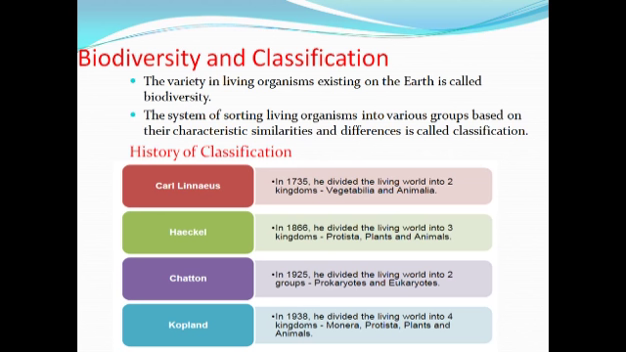Later on, again in 1866, another scientist, Haeckel, divided the living world into three kingdoms, that is Protista, plants, and animals. So in 1866, we saw that it was again divided into three kingdoms: Protista, plants, and animals. Later on, in 1925, the great scientist Chatton divided the living world into two groups, that is prokaryotes